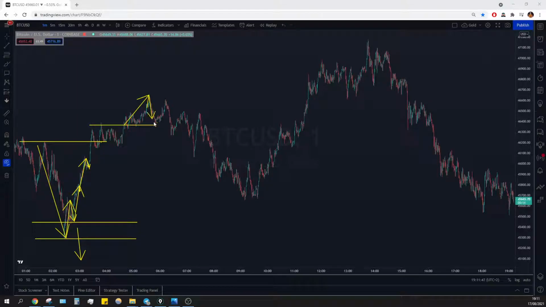Higher high, higher low, failing to make a new higher high, lower low, lower high, same low, lower high, and then continuation down. And then, equally aggressive, we have an upside move. But look at this,